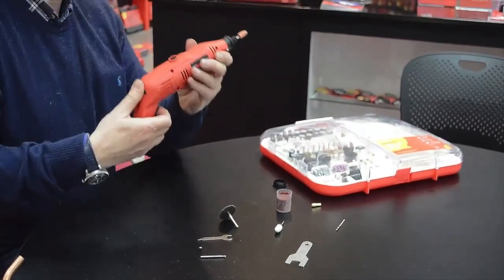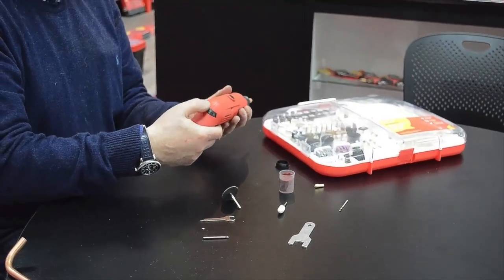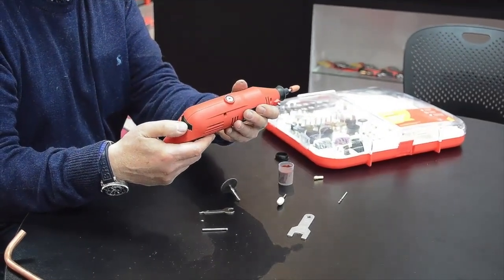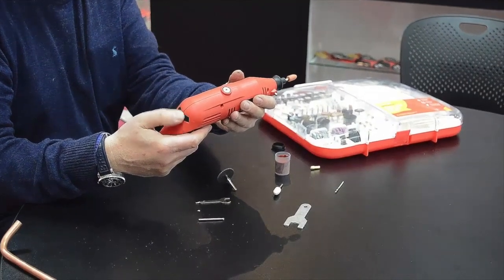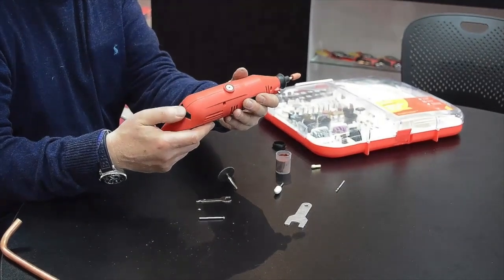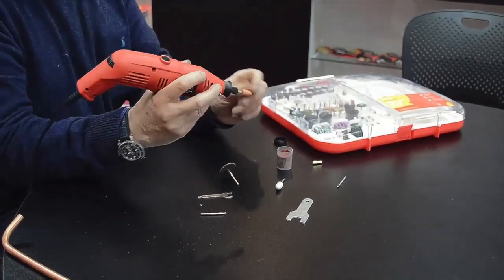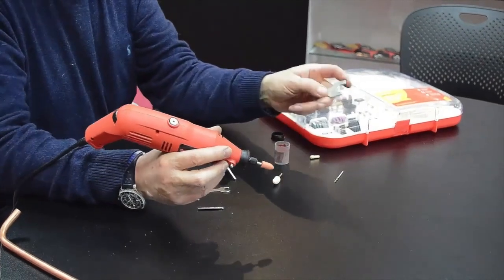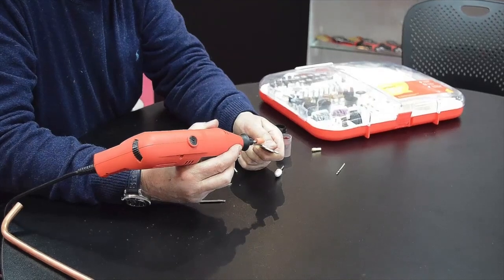There's an on-off button here, and you can adjust the speed where my thumb is. If I have it on the lowest speed, you can see it spinning probably about 1000 RPM. As I rotate the dial, the speed increases quite a lot. There's no right or wrong speed, you choose what's appropriate for the bit you've got in and the material you're using. So if there was a rough edge on this spanner here, I could